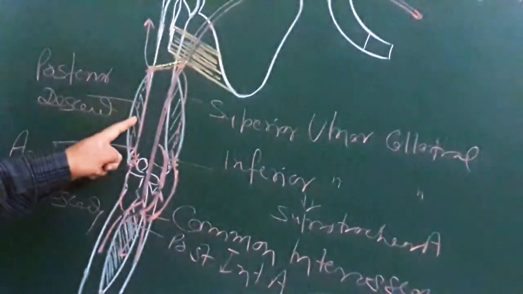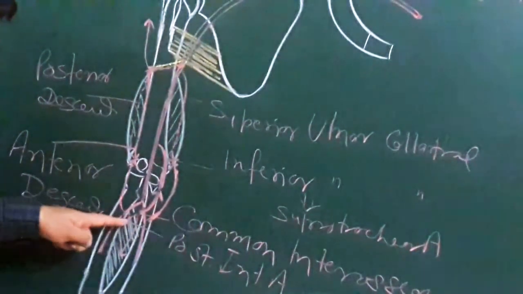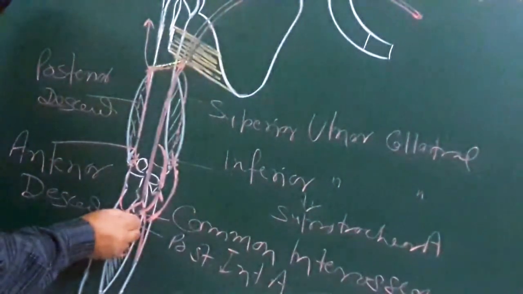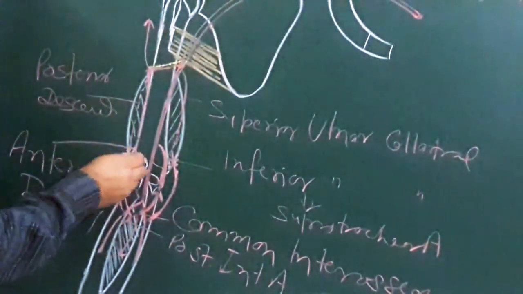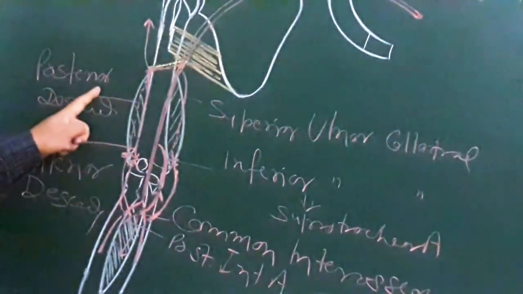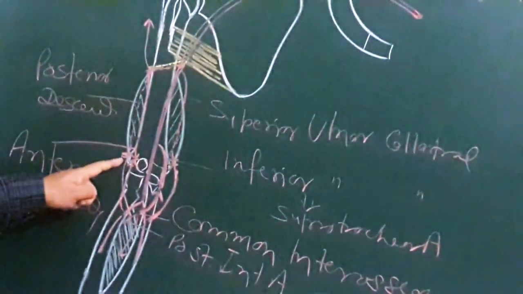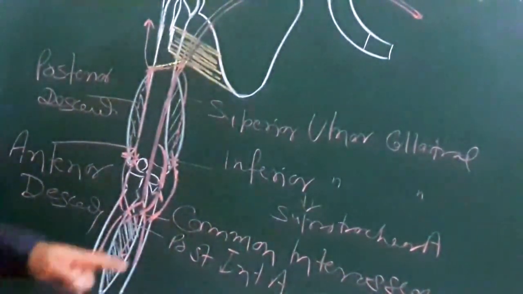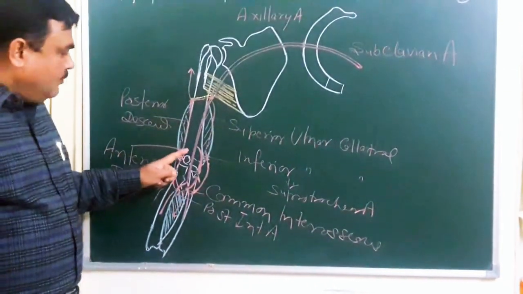and posterior to the elbow joint. Here is the posterior descending branch, which anastomoses with a branch arising from the posterior interosseous artery. This is the interosseous recurrent branch, which anastomoses with the posterior descending artery. So it lies behind the lateral epicondyle of the humerus. So this is the anastomosis around the elbow joint.